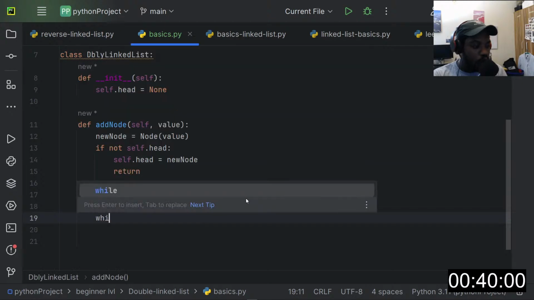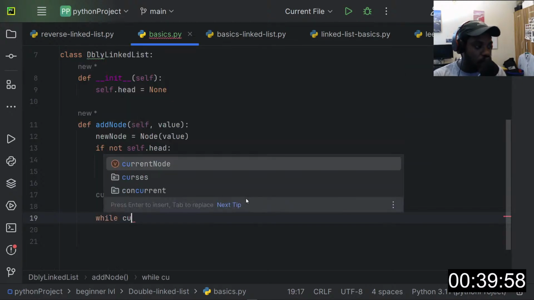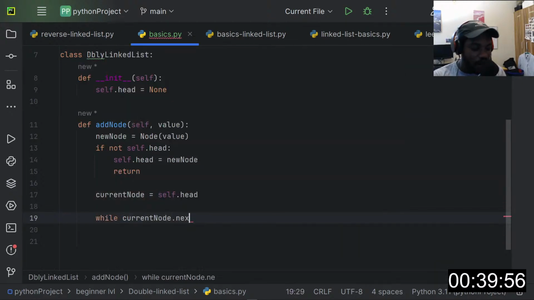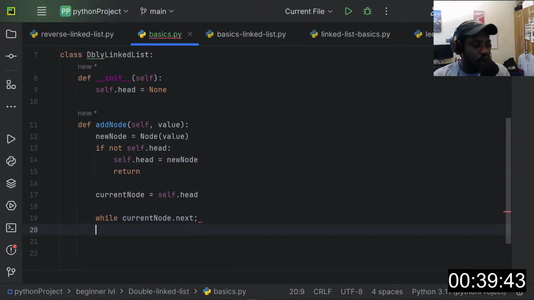So we'll say while the current node has a next value, right? While the current node dot next, or you can say is not none, right? This is also valid, but I like to keep this short, right? This also means while the current node's value is not falsy, right? So we'll say